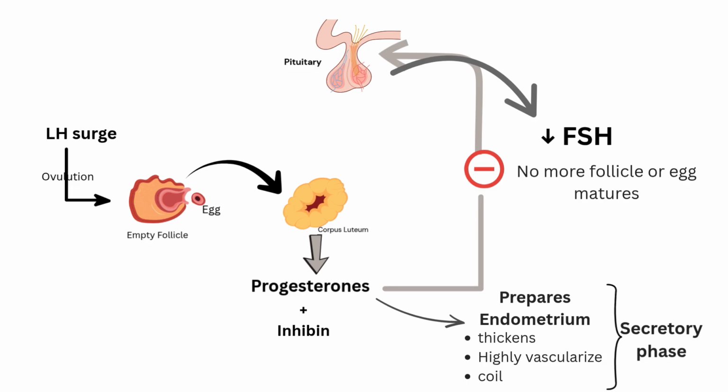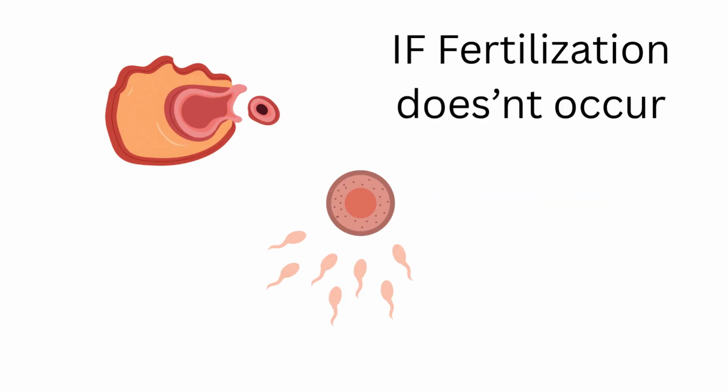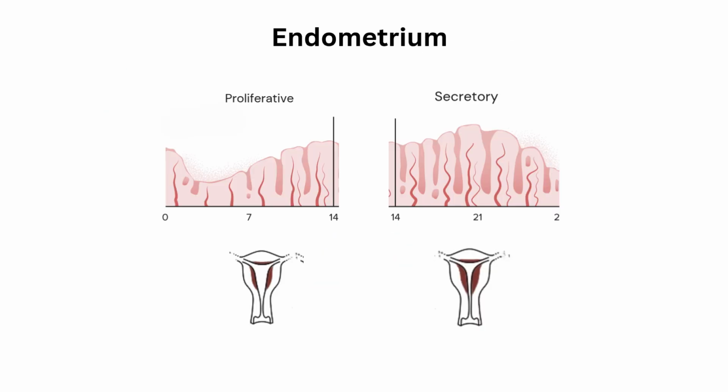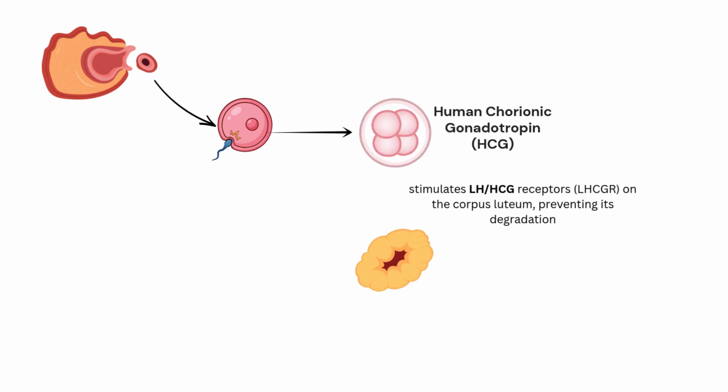Section 5. If fertilization does not occur. So what actually happens to these hormone levels if that released egg never meets a sperm within its short optimal window? Well, that thick, nutrient-rich endometrium, which acts as a highly specialized baby condo, is metabolically super expensive for the body to maintain. It relies entirely on a continuous supply of progesterone and estrogen from the corpus luteum to just stay intact. Now, if an egg is fertilized, the resulting embryo releases human chorionic gonadotrophin, or HCG, which rescues the